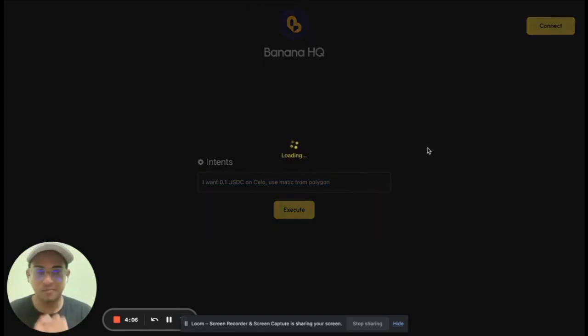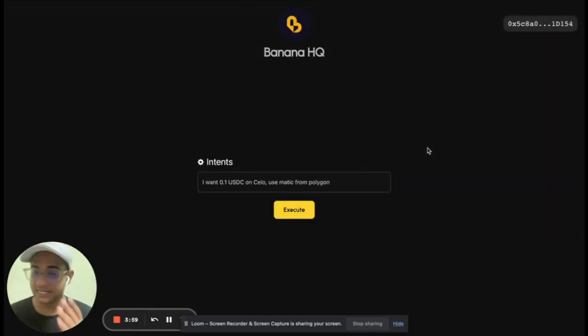Yeah. So while I'm connecting my wallet, I'm basically connecting to this account abstraction SDK that we have built. So it's basically a Banana wallet that is spun up, which is this, and then it's connected. Now, when I execute this,